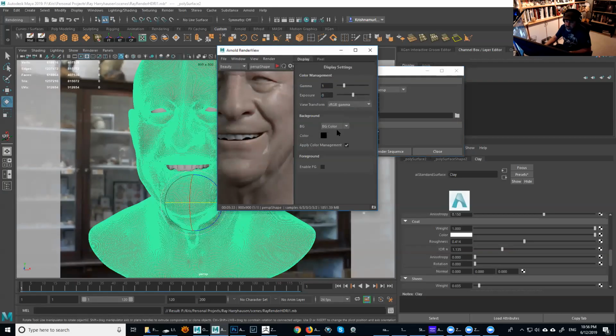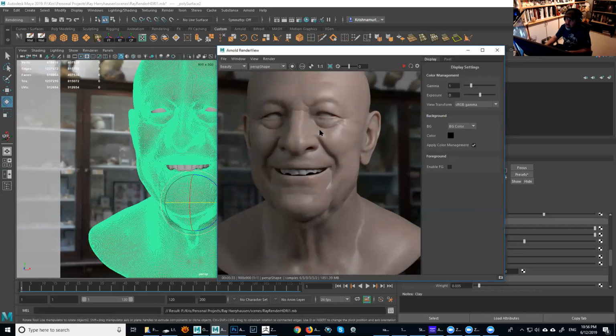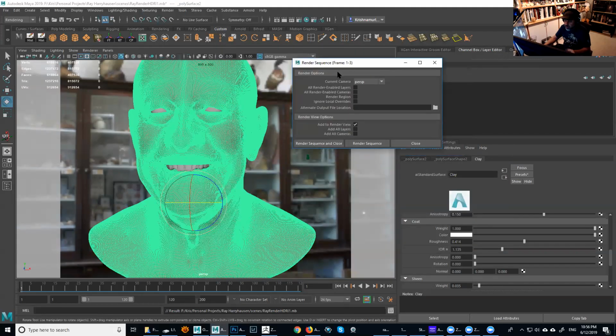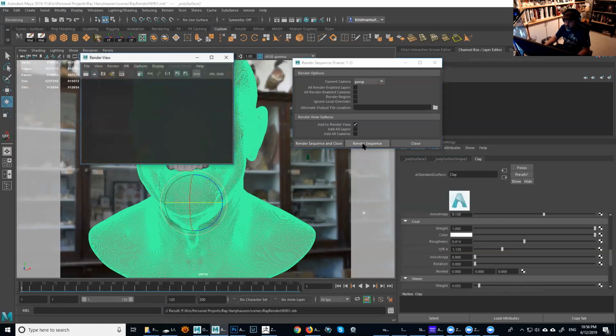The thing is, I noticed that the Arnold render view, at least in the past versions, would sometimes get in conflict with the actual Maya render view. So before I do anything like that, I just close this one altogether. And then I just use the render view from Maya here, right? So I'm gonna do a render sequence, and it's gonna pop right here. And let's see how fast we can get those renders. It should be fast, because it's small right now. The samples are kind of small too. So let's see, we gotta get one in there.